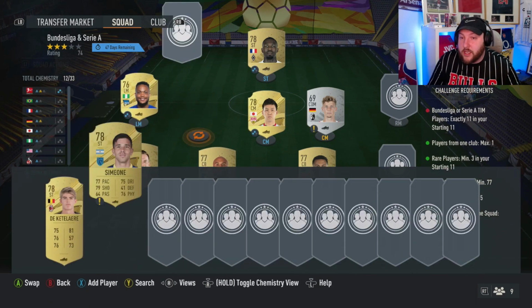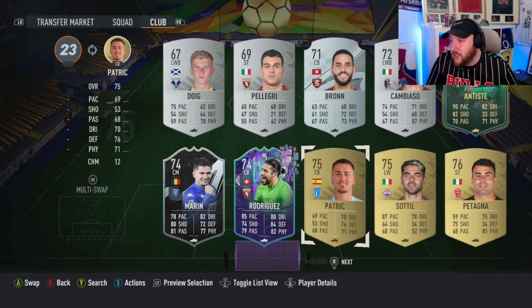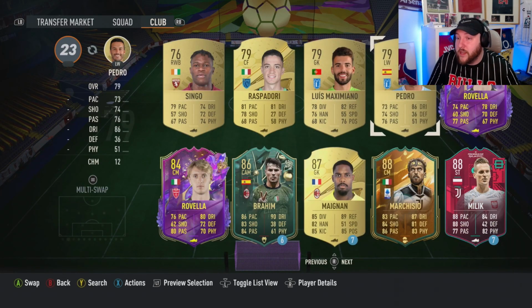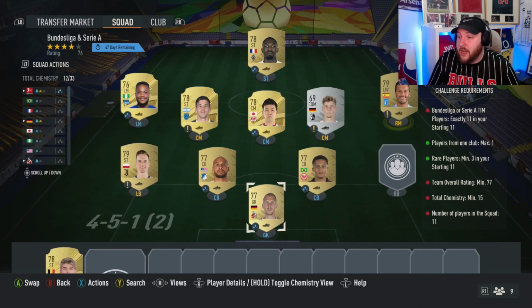We've got the rare now, so we can actually stop this rare. Don't have to put another one in. This is where you're going to get your rares from, essentially. After doing this several times, you're going to get a lot of rares back. I don't think I have a Lazio player in. I don't. That's fantastic. And then we just need to get...